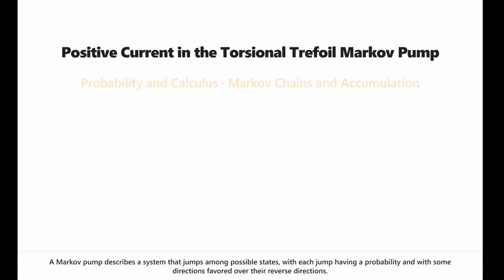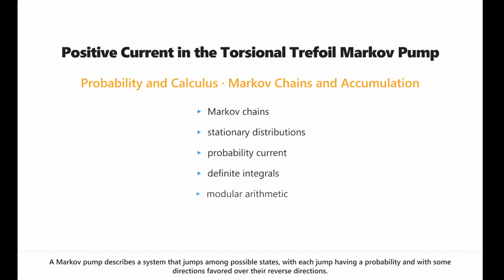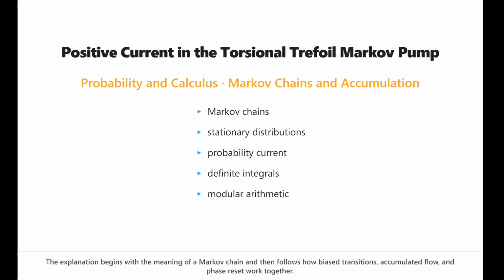A Markov pump describes a system that jumps among possible states, with each jump having a probability and with some directions favored over their reverse directions. The main idea is that a small one-way advantage on every chosen forward edge creates a positive net flow, and that positive flow makes a quantity increase over time. The explanation begins with the meaning of a Markov chain and then follows how bias transitions, accumulated flow, and phase